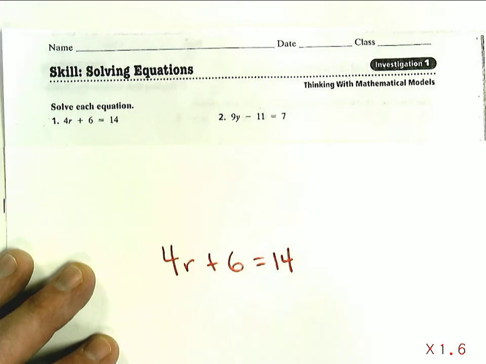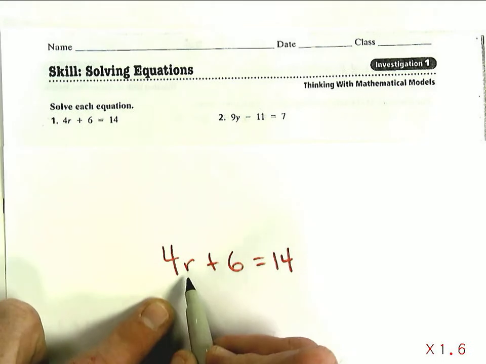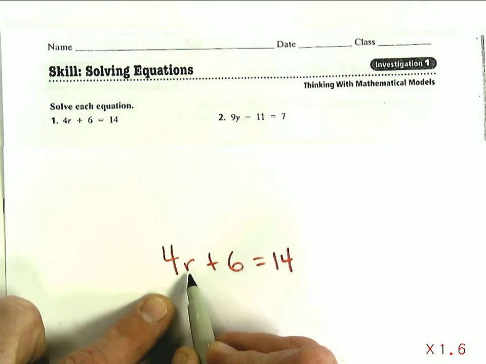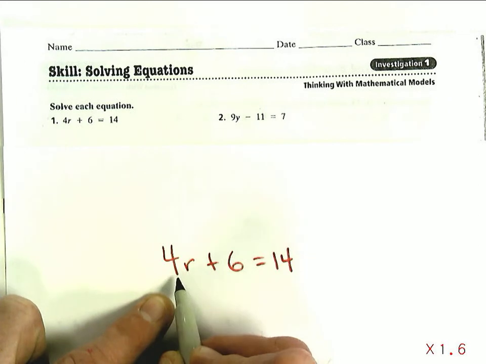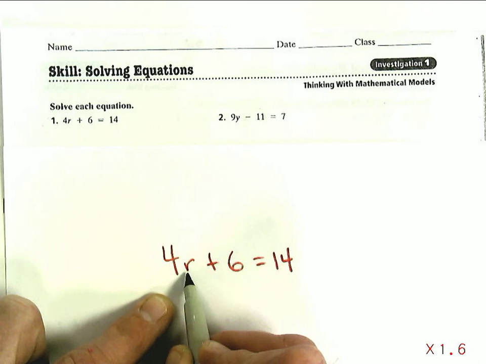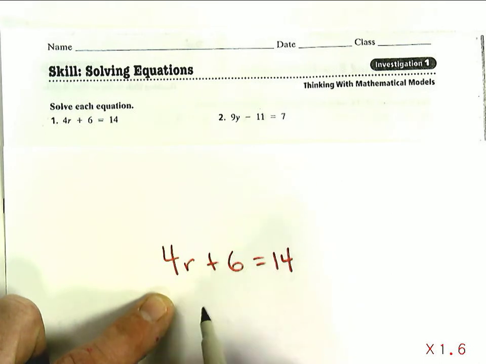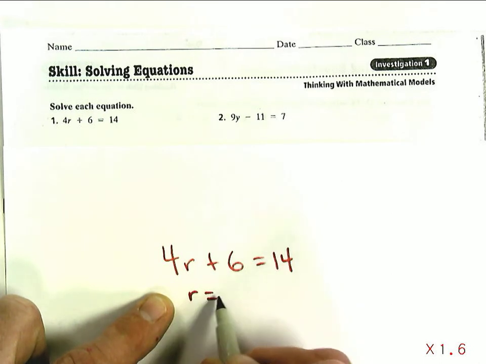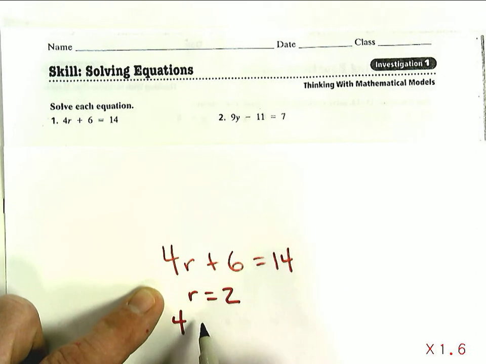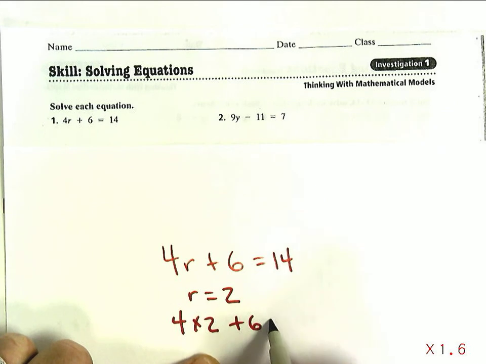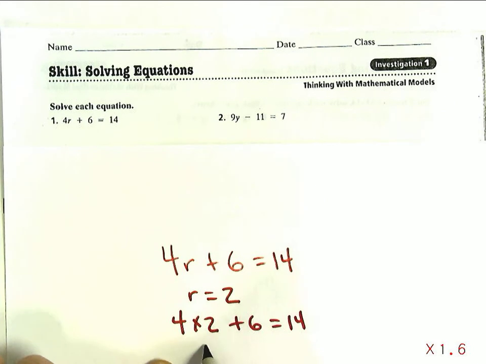And there's a number of ways to solve this. One would be to sort of guess and check. Like I could guess, 4 times 1 is 4, plus 6 is 10, so that's not enough. 4 times 2 is 8, plus 6 is 14. So I already know that the answer to this is 2. R is equal to 2, because I could say 4 times 2 plus 6 is equal to 14,